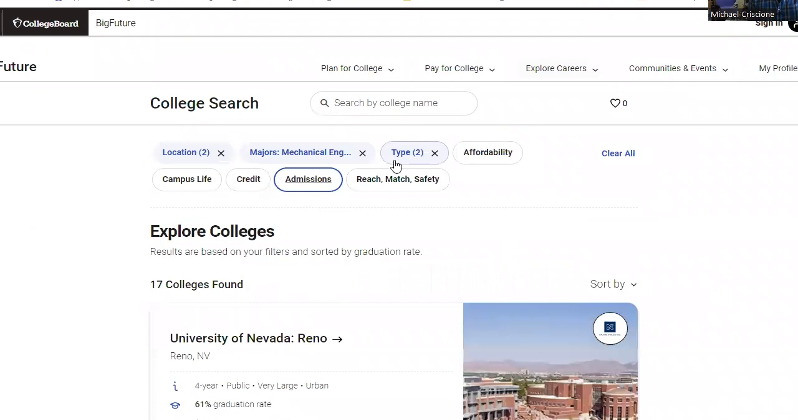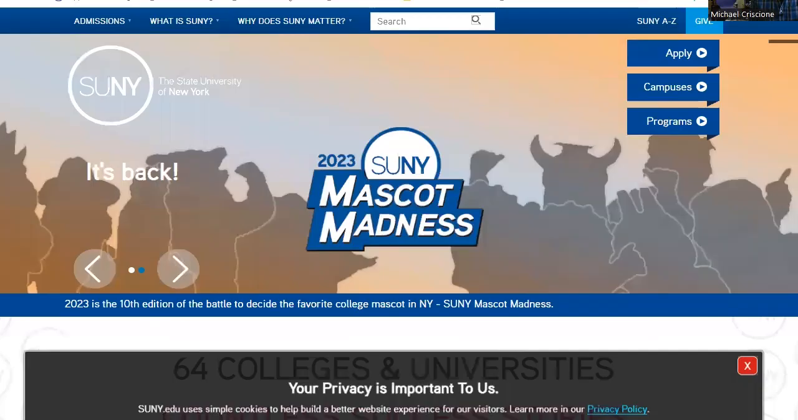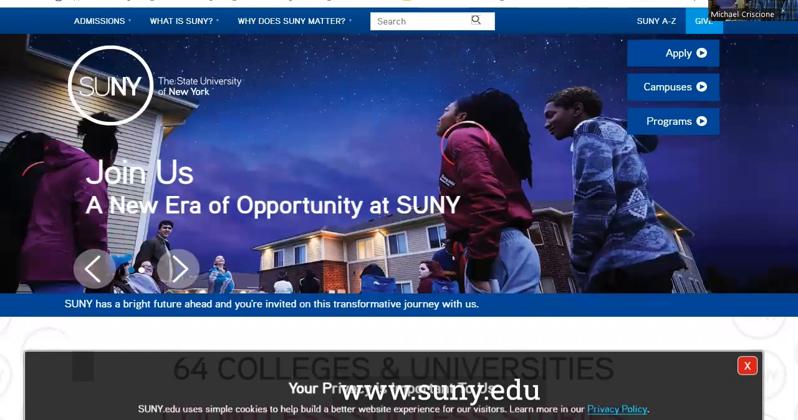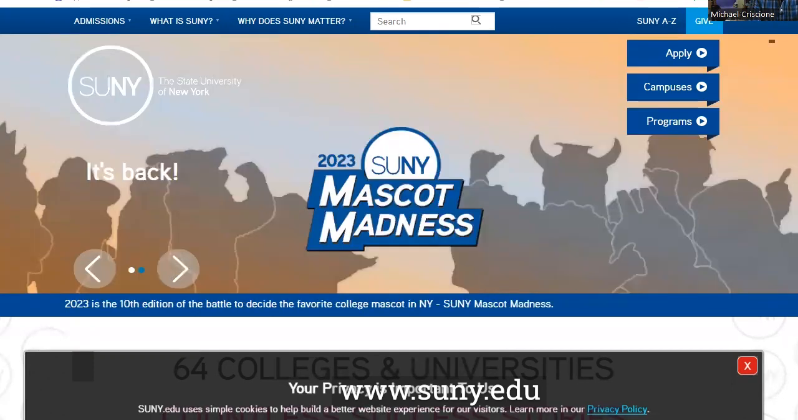You can use this to narrow down colleges that exist anywhere in the U.S., public or private, by a lot of these parameters. We live in New York State, and it's not uncommon that students come to us and say, well, what exists in just the state system? So within the state system, the public system, the SUNY system, there is a search engine as well. And the way you'd find that is to go to suny.edu, programs,